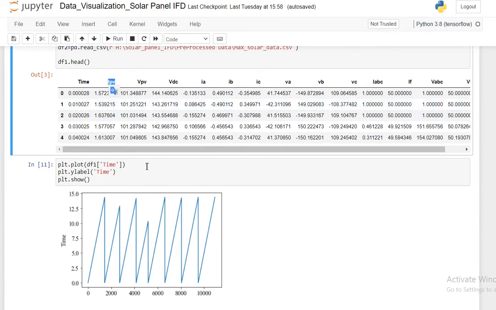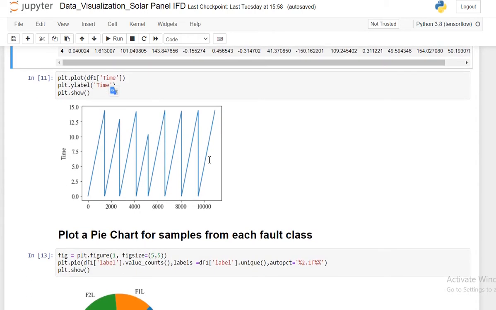But when you are doing prognosis, or when we want to calculate remaining useful life, then time or the cycle, or something like that which gives an indication of the age of that particular component, plays a very important role. But for fault detection, time is not that important. In this particular case only, I'm saying.